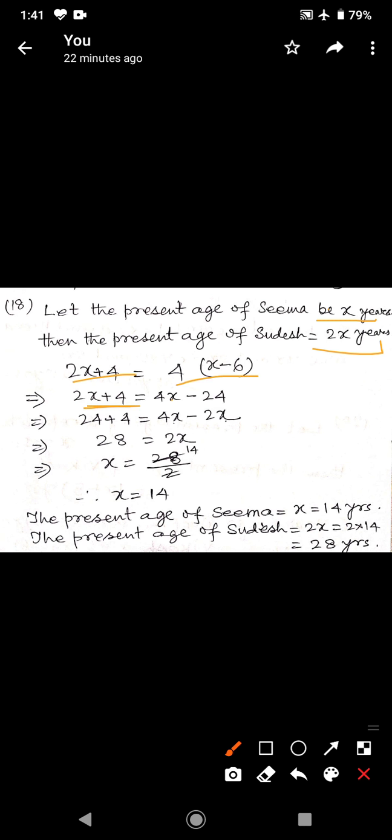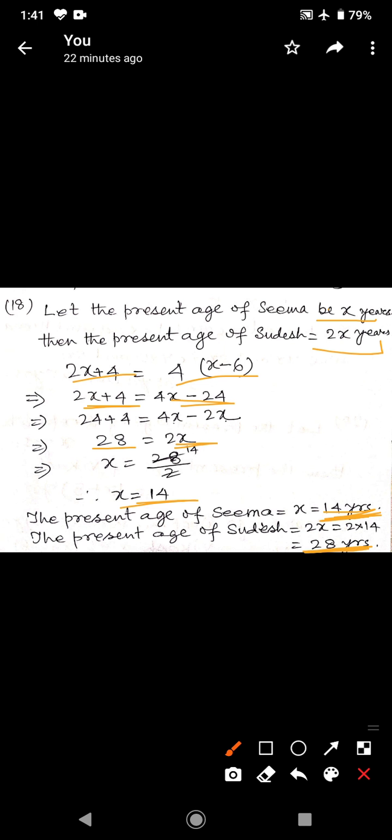Now it can be written as 2x plus 4 equal to 4x minus 24. 24 plus 4 equal to 4x minus 2x. 24 plus 4 equal to 28 equal to 2x, or x equal to 28 by 2,